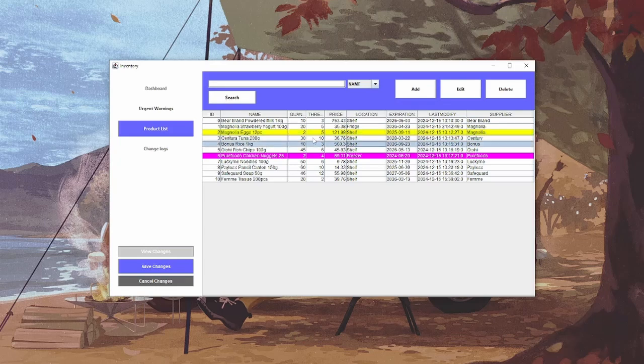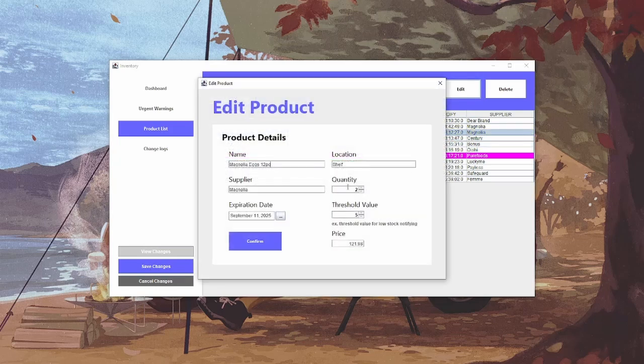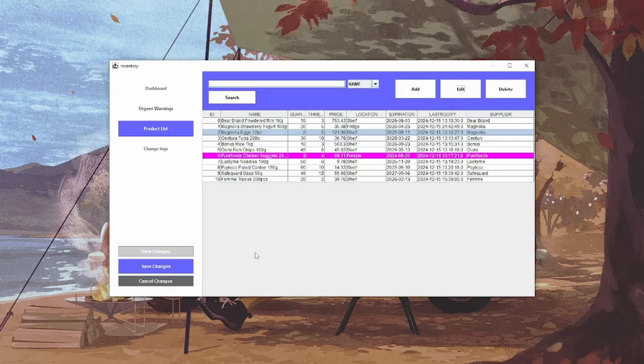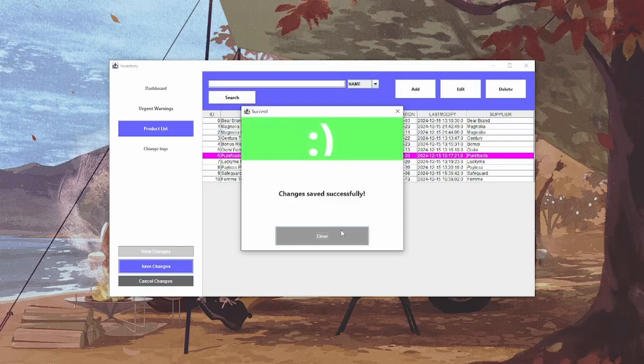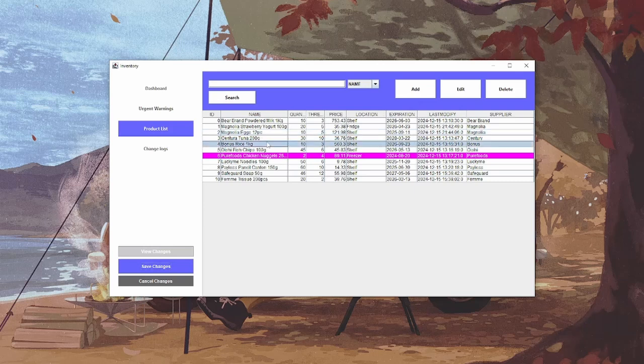For this one, we can change its quantity so that it's no longer considered low on stock. Save changes. As you can see, it's no longer yellow as well, because its quantity is higher than the threshold.